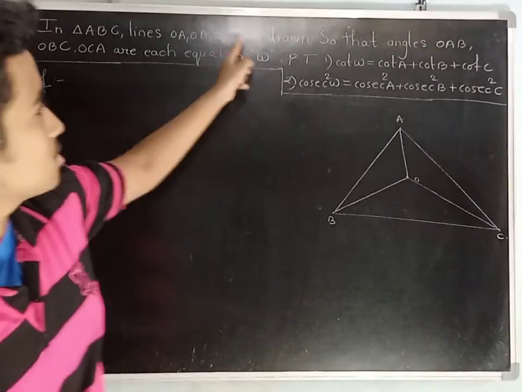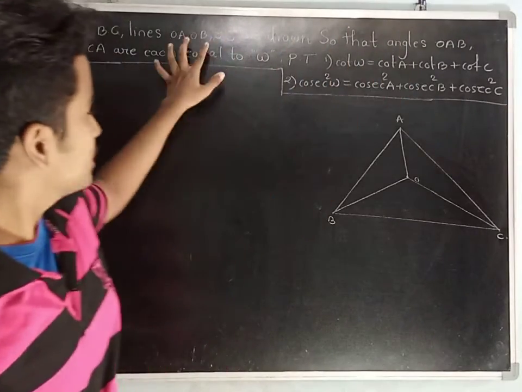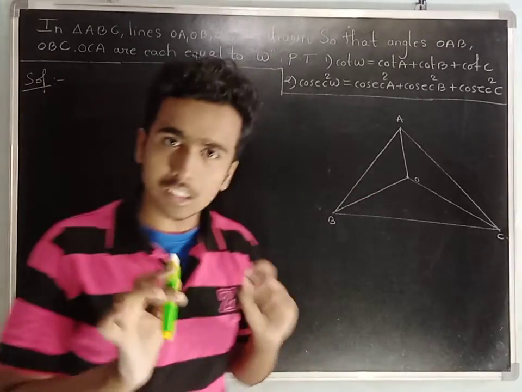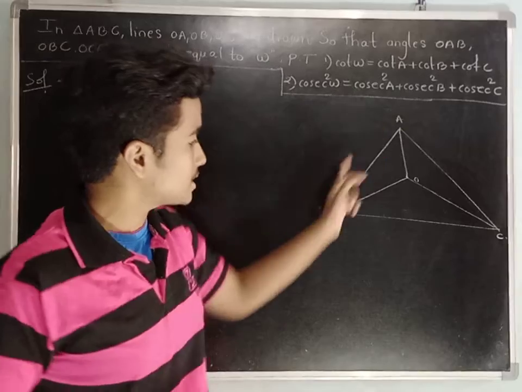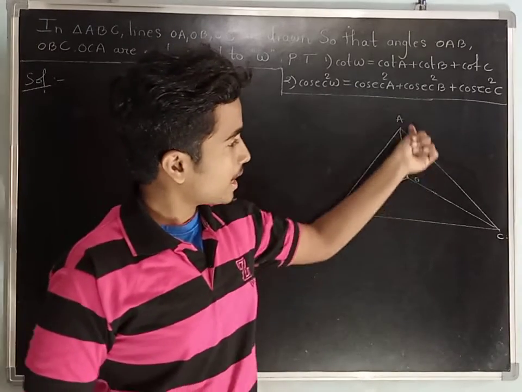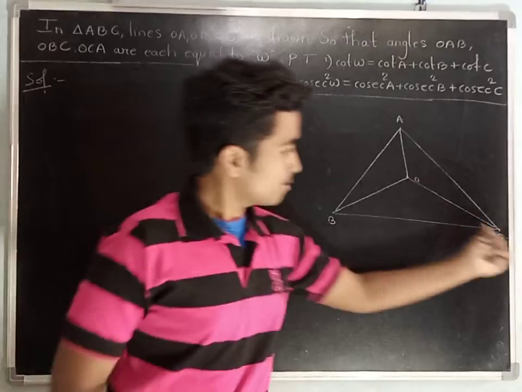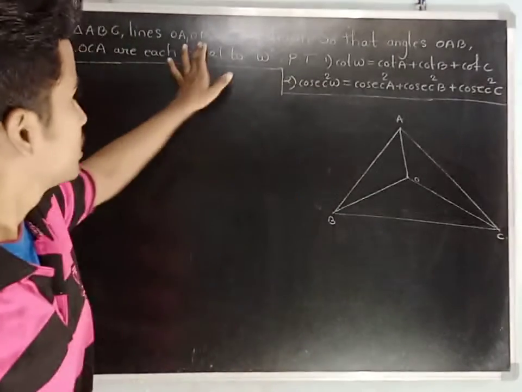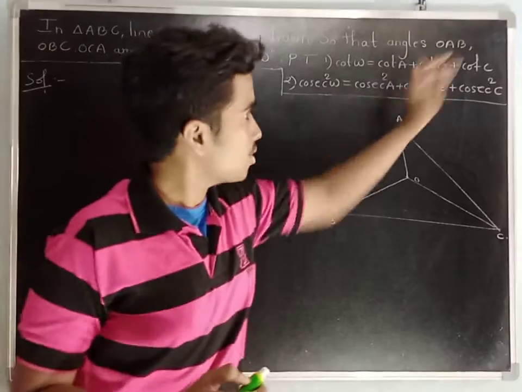And OA, OB, OC are drawn, which means there is a point which is joined with the vertices of the triangle. So let me consider a point O here and I join it with the vertices so that OA, OB, OC are obtained. Now they are drawn so that the angles OAB,